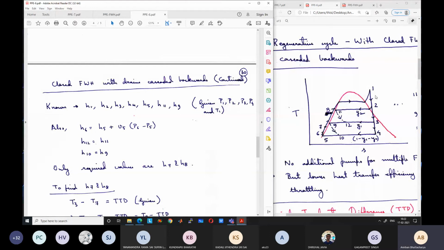What about state 2 and state 3? Can these also be fixed? If it is not given to us, how can we determine what will be the pressure at 2 and 3? It may be given to us, but if it is not, how can we determine the optimum pressure at 2 and 3? We have discussed this a couple of times in the previous classes. Will we divide the difference in pressure into equal parts, or the temperature?